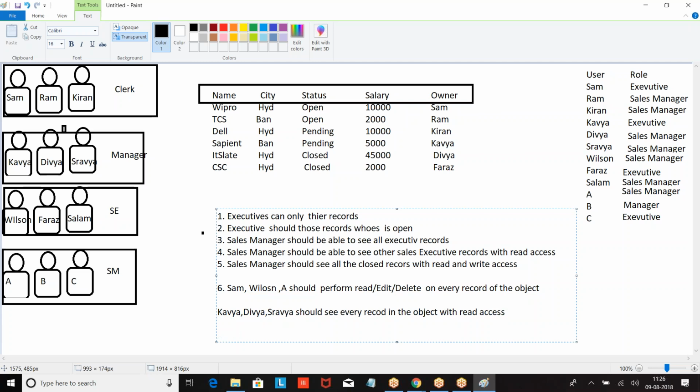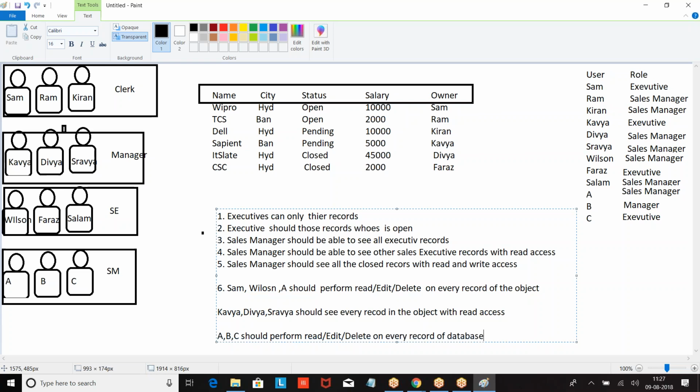A, B, C should read, edit, delete on every record of the database.